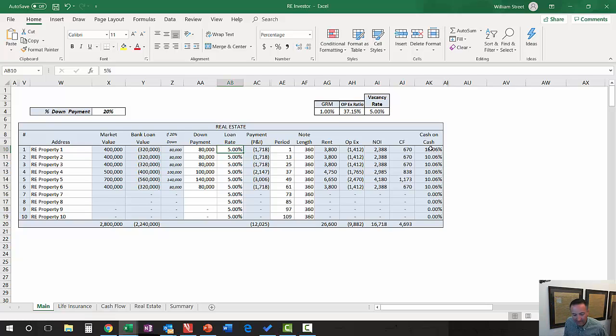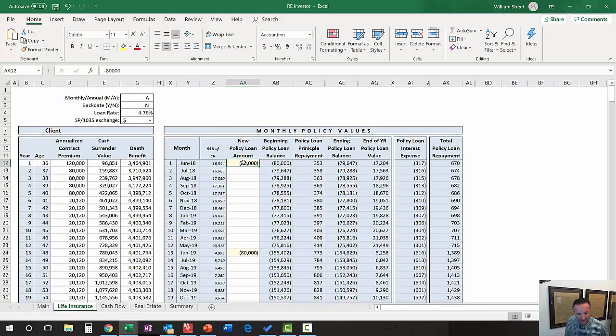So I just dialed these in so that we're assuming just a straight up 10%. We're not assuming the world. Many of the properties that I own are quite a bit better than 10%. So 10% is very doable. Okay, so what you see then is that $80,000 policy loan coming out, and in exchange for that, we're acquiring some real estate, right? That cash flows at 10%.